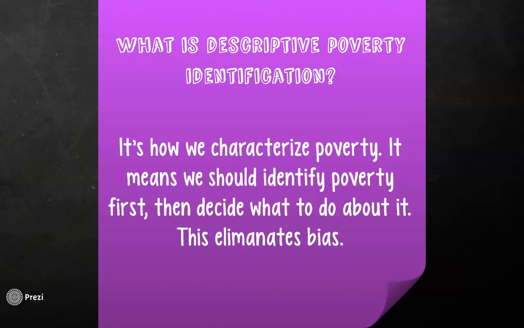We believe that using descriptive form is a better way to identify poverty because it allows us to first diagnose the problem, free from bias of availability of resources. Sun points out that if we allow availability of resources to bias our definition of poverty, then lack of economic means to fix the problem will lead to the conclusion that there is no problem, and this is simply not true.